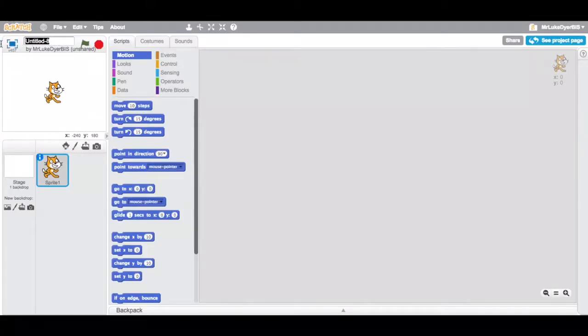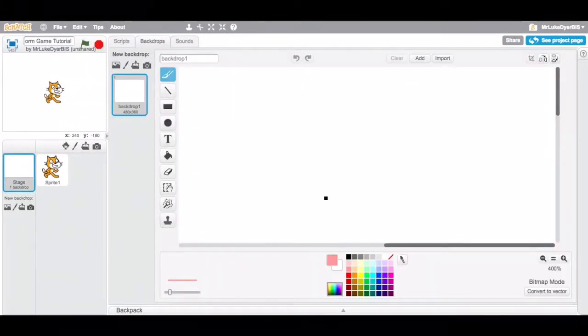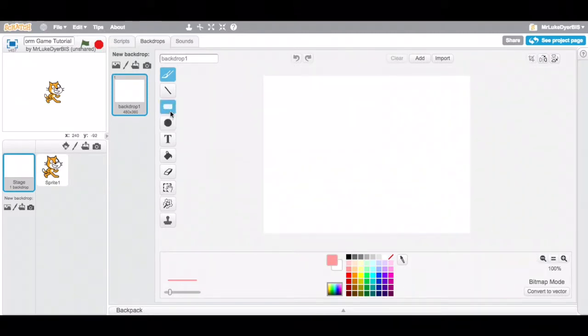Hello everybody, we are going to now quickly create a platform game, and I'm just going to run you through the script needed to make your sprite move. Always start by naming your game. We're going to use the Scratch Cat today, but remember you can always create your own sprites, which is a lot of fun too. Now we're going to go to the backdrop and we are going to quickly create a